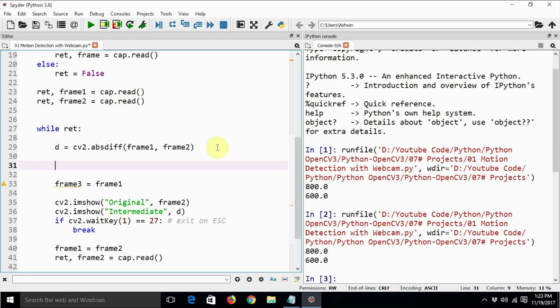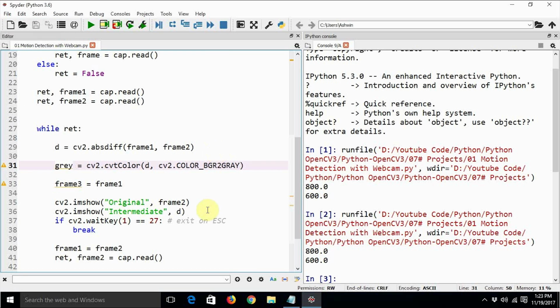We are just going to calculate the difference between the frames and use them further. So create a variable gray equals cv2.cvtColor(d, cv2.COLOR_BGR2GRAY).